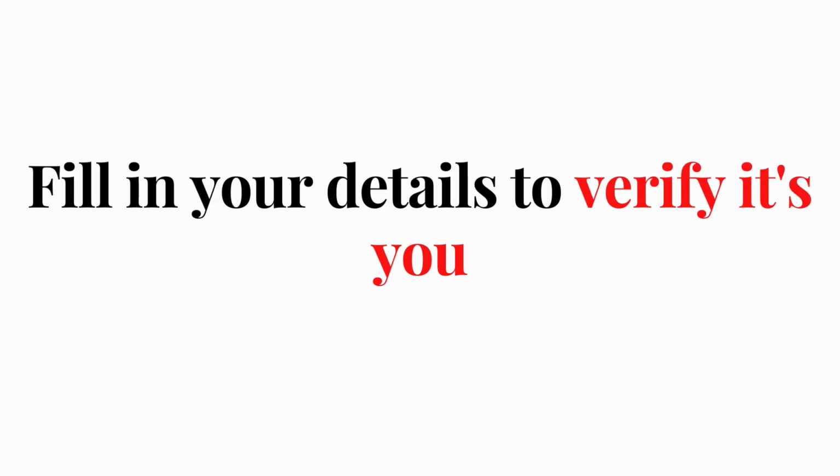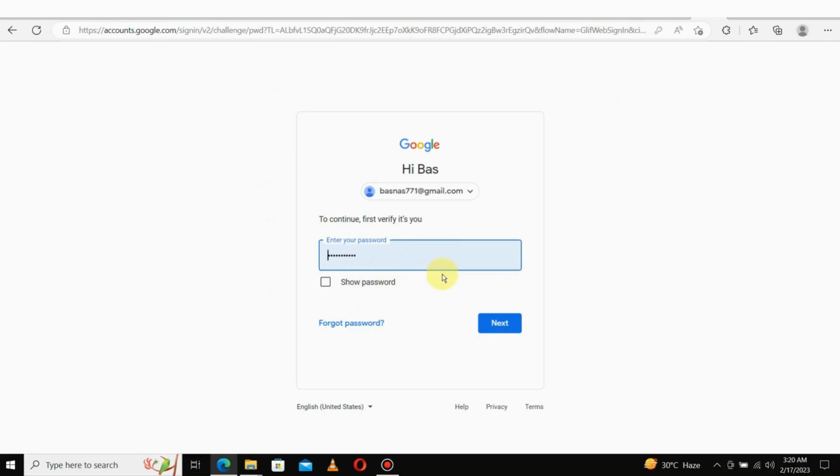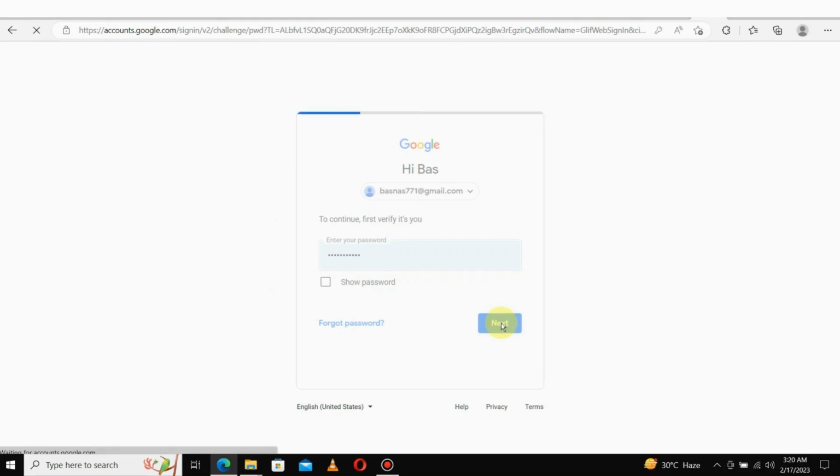and then you would have to type in your password just to verify it's you, so YouTube can know that there is no other person who is envious of your channel and then just wants to delete your channel, but then it is you making that decision yourself. So you type in your password, you hit on next,